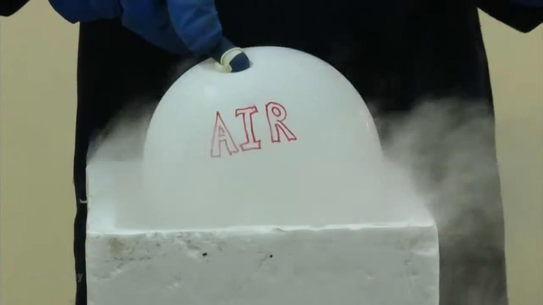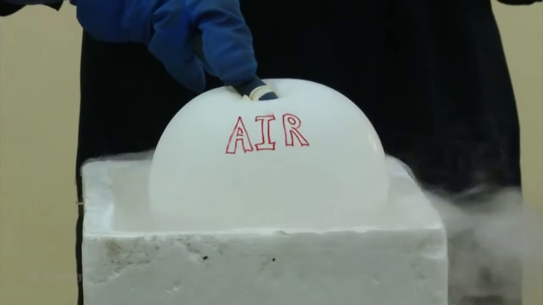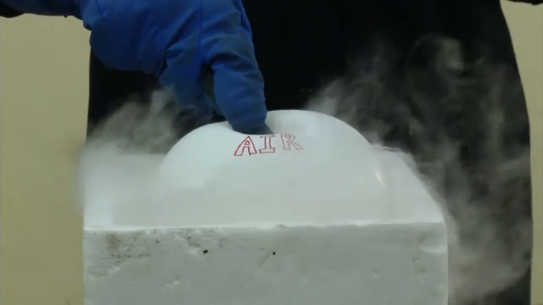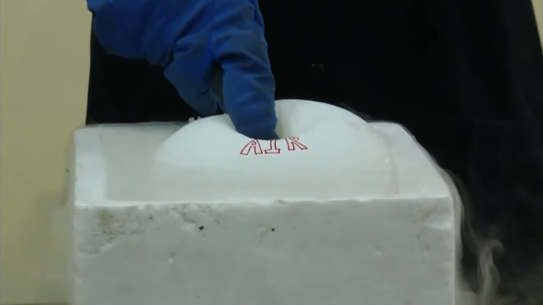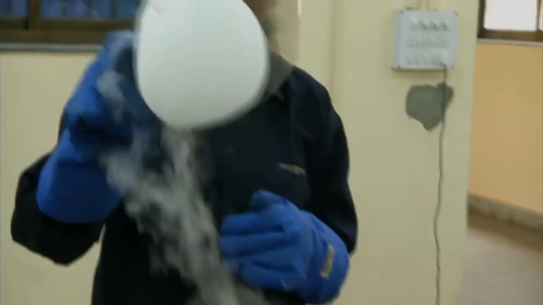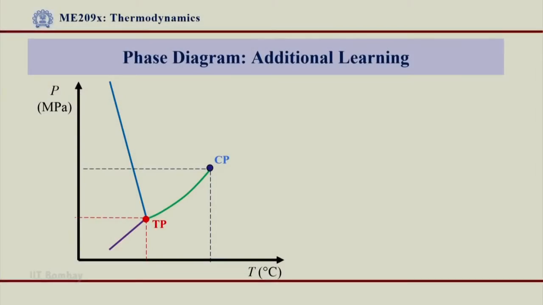Also you can observe the shrinking of this balloon as the temperature of the air decreases. Alright, the volume will decrease. So you can see inside this some amount of liquid that has gathered over there. This is liquid air, alright, because it was subjected to temperature which is lower than its boiling point,